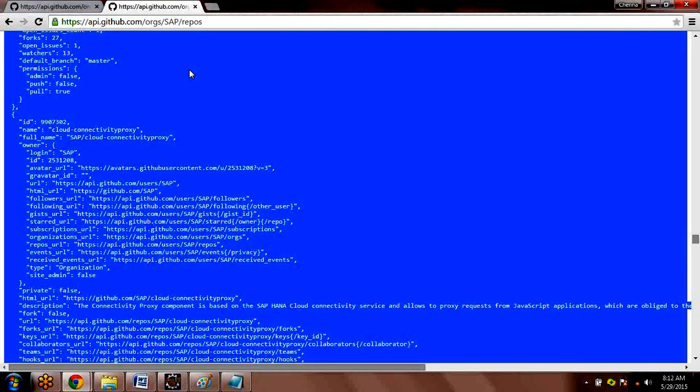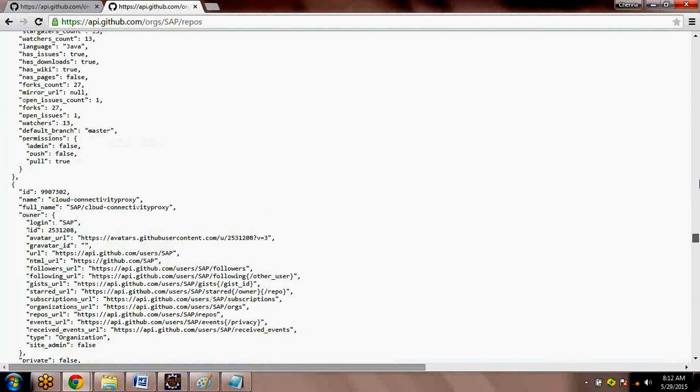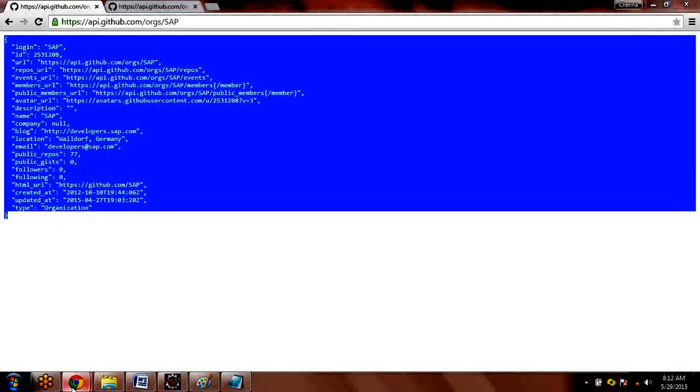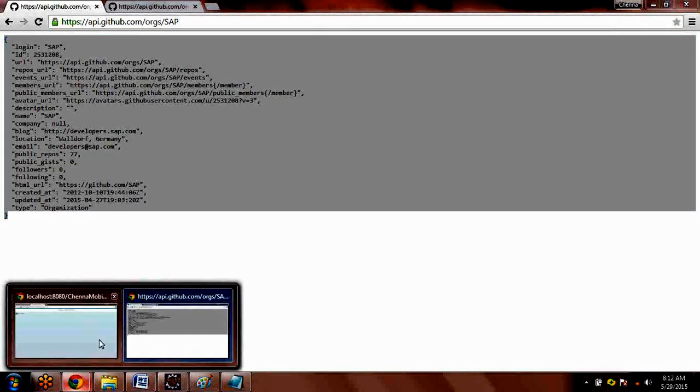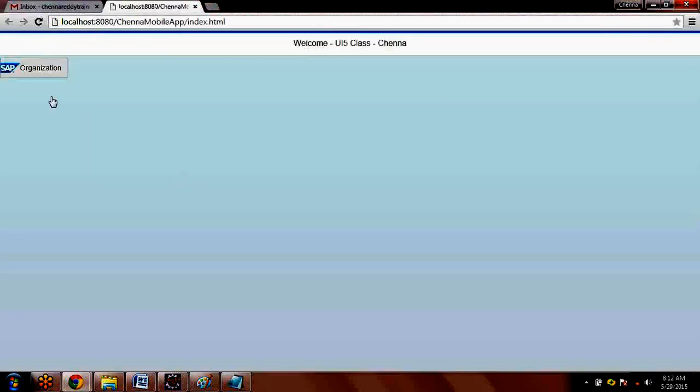Okay. Now the goal is, we have another JSON which is giving this information. I would like to construct the first page with this JSON, and we already did. Now when I click on this one, I am going to the second page.